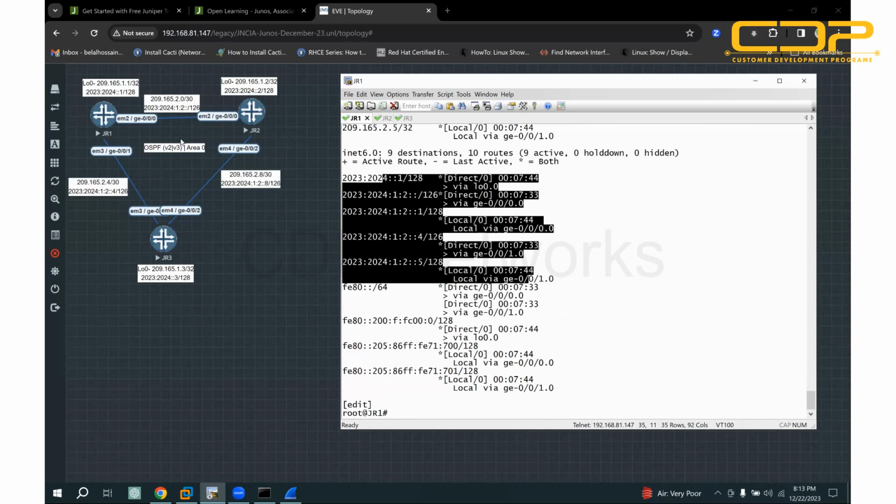So I choose here a dynamic routing protocol, OSPF. For today's demo, I chose OSPF. It's a dynamic routing protocol. You can say it's also link state and it's an IGP, interior gateway protocol. Okay, so